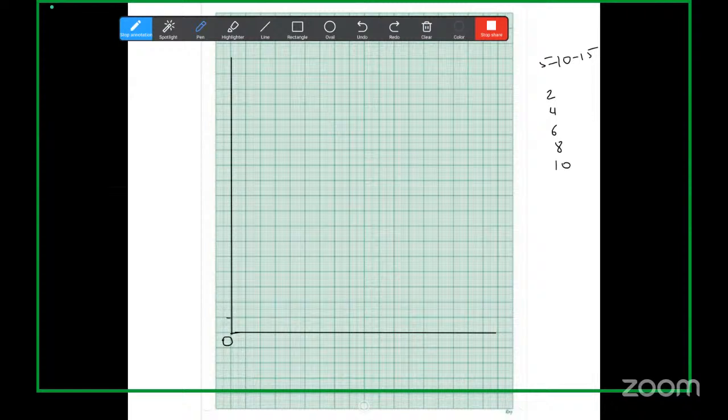So on this line mark 2 and 4, 6, 8, 10, 12, 14, 16, 18, 20, and 22. And on this side, we will write